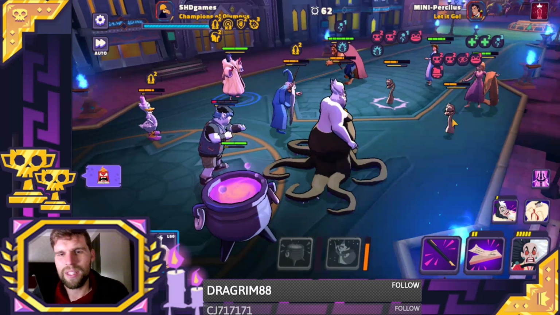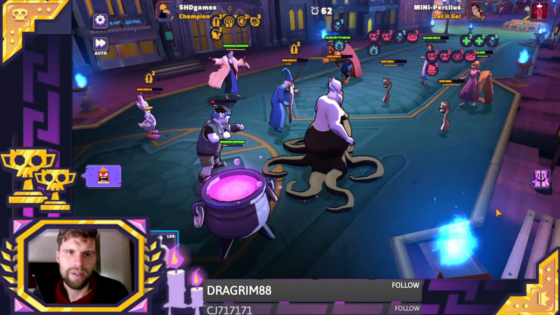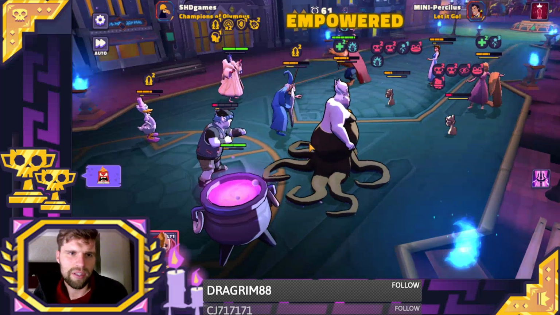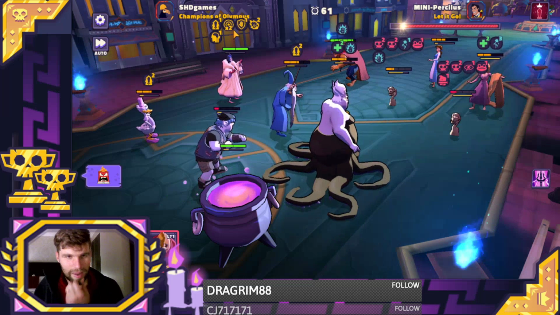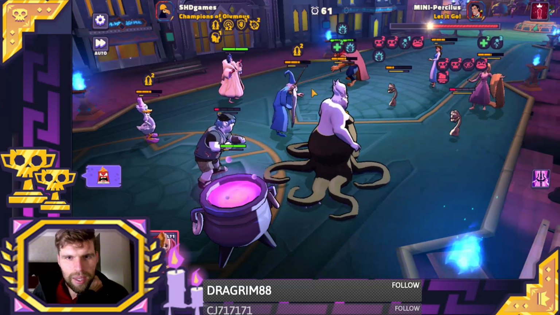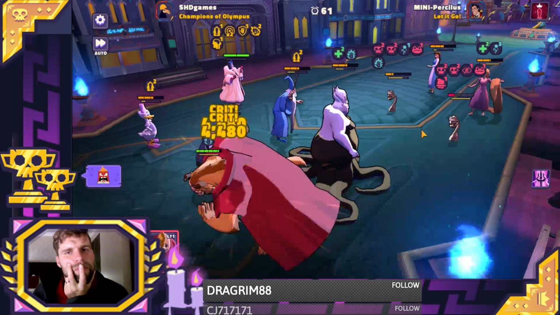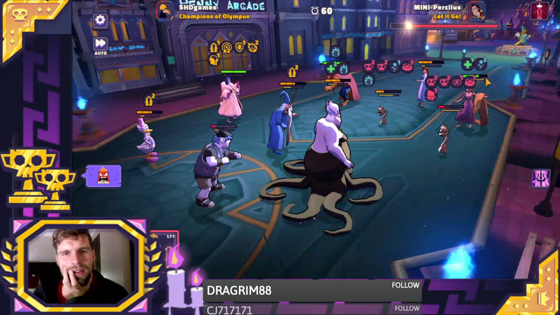So, her basic is not going to work because they're not summoned. So I do have to do AoE here. So let's go AoE. 3-7 crits. So that's not bad. That's not bad. I want to see now if... I wonder if they actually... I think...